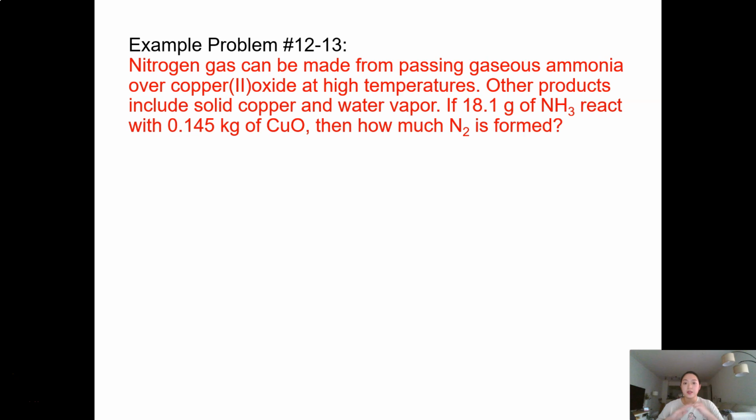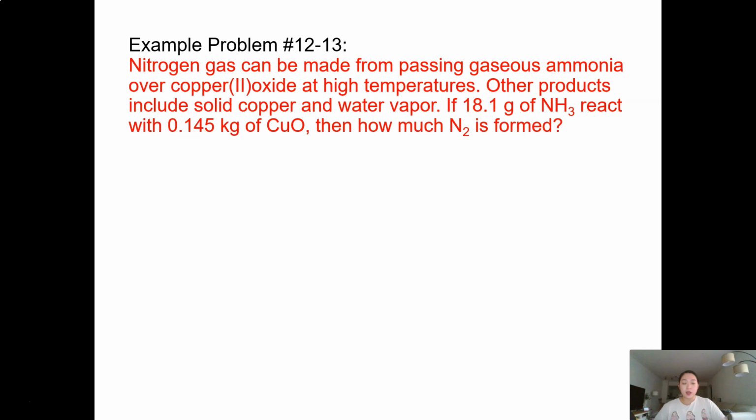Hello everyone, in this video I want to show you how to determine the mass of a product that is produced in a limiting reactant question. So let's take this example. I have a nitrogen gas that can be made from passing gaseous ammonia over copper oxide at high temperature. So if I were given 18.1 gram of ammonia to react with 0.145 kilogram of copper oxide, how much nitrogen